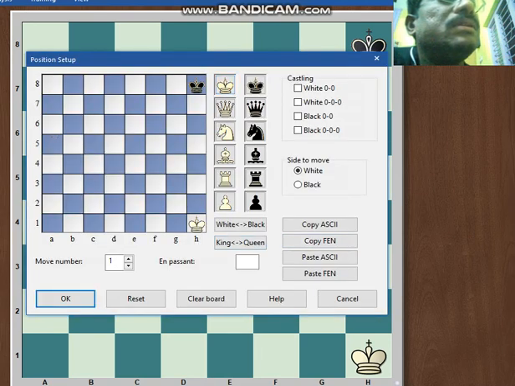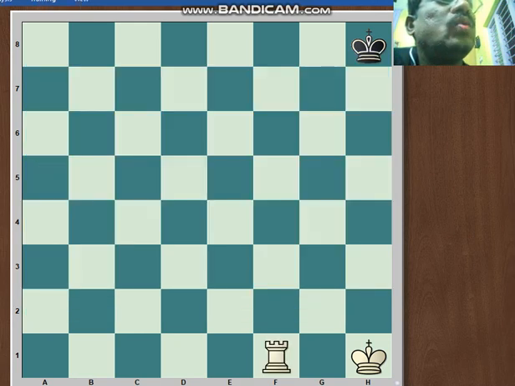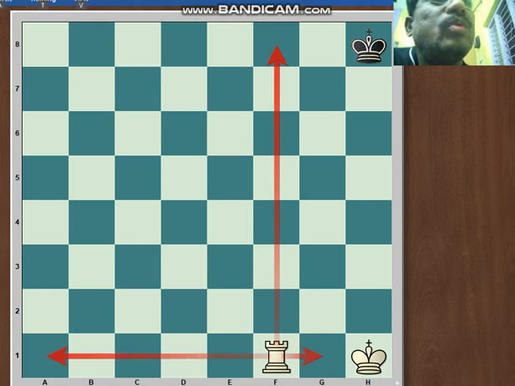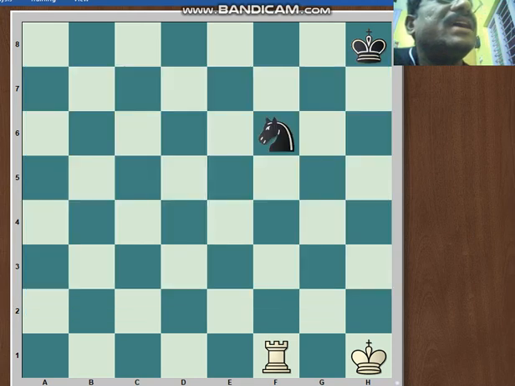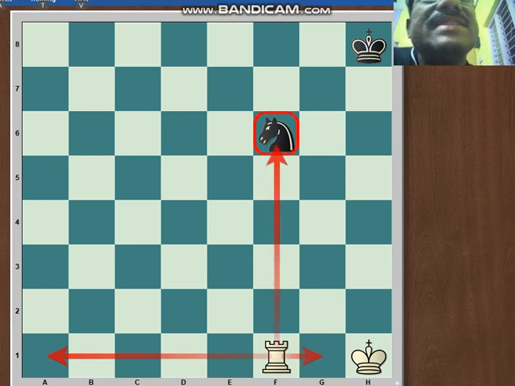Suppose, for example, the rook is here. This rook can move like this, like this, like this, but it cannot move from here to here, because this is a self-occupied piece. So the rook cannot move to h1 because it is a self-occupied piece. Suppose the same situation here, but an enemy piece is standing here. Now see how it can move, like this, and capture this.